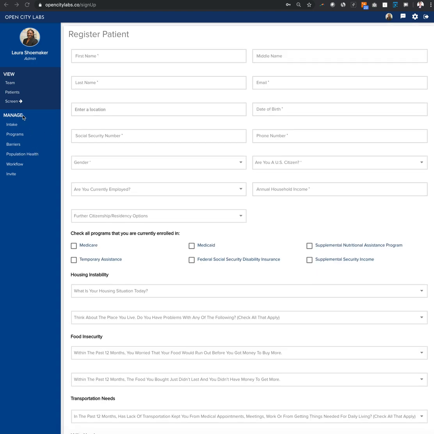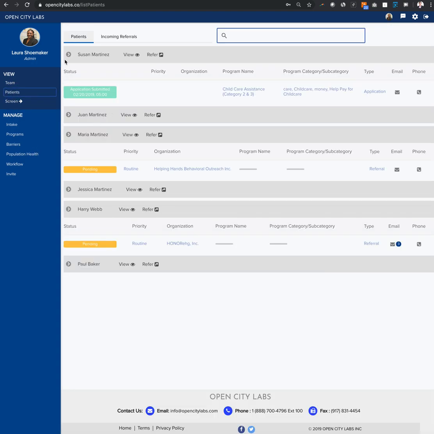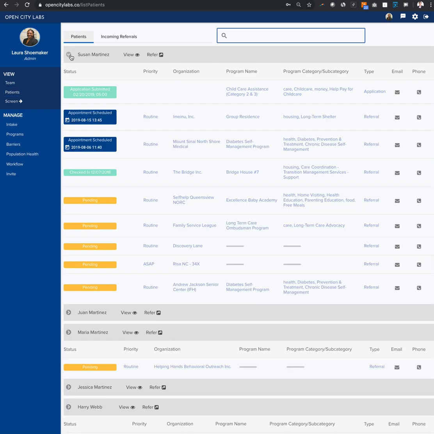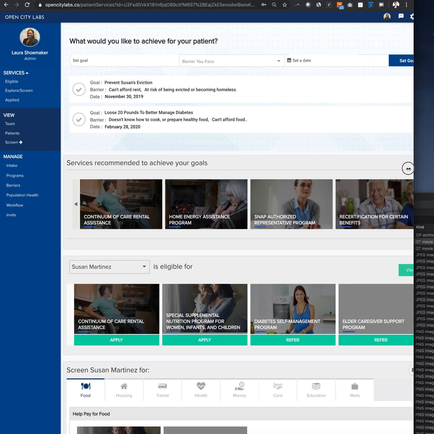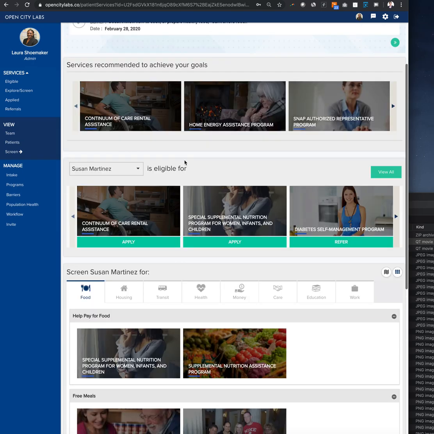And now I'm going to jump into the patient dashboard. So here, Laura Shoemaker, she is a care manager. And here we can see both the programs that she has helped her client apply for, or the clinical or social services that she's made referrals to, and the status of those referrals, whether they're pending or appointment scheduled. If she wanted to help Susan access some of these programs, she would just click on that, and here